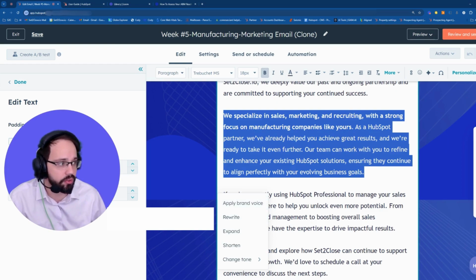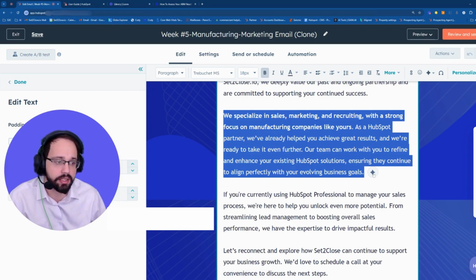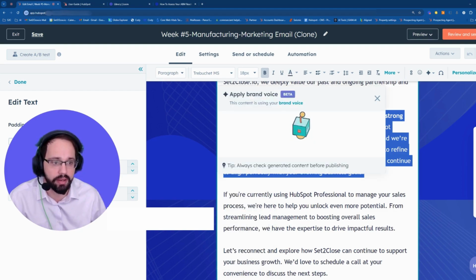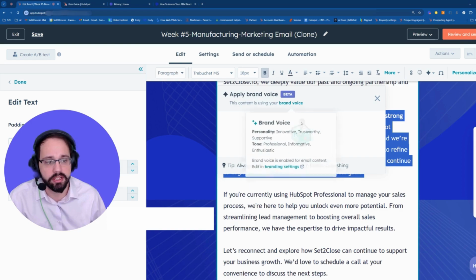Now this works across social posts that you construct in HubSpot. It applies to marketing emails. It applies to posts and pages in HubSpot, and even in SMS messages with the marketing add-on. So you just highlight the text, you get this little icon here that shows up, you click that, and you hit apply brand voice. Takes a little bit to do,